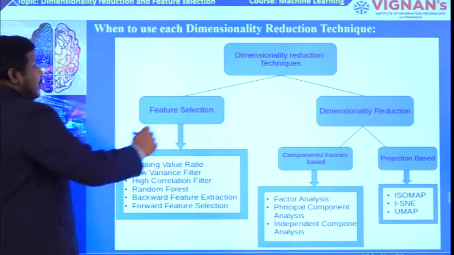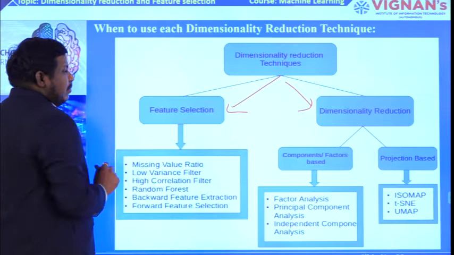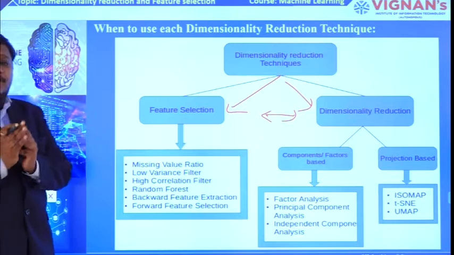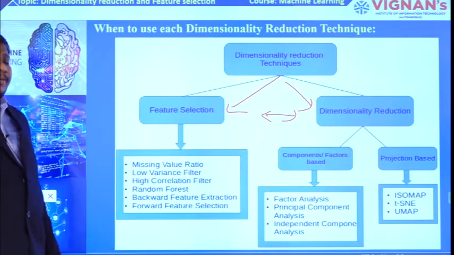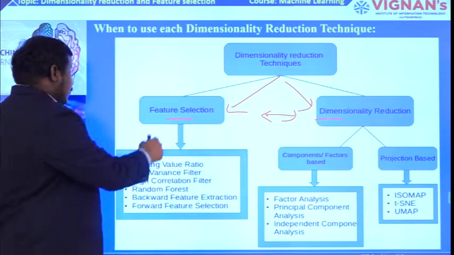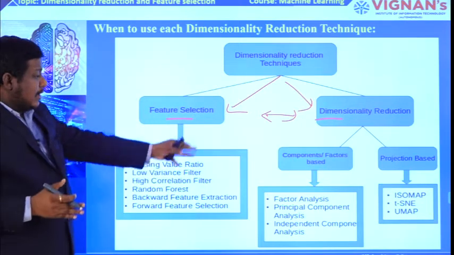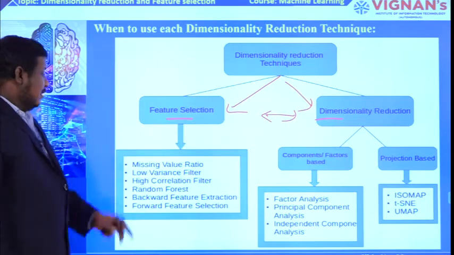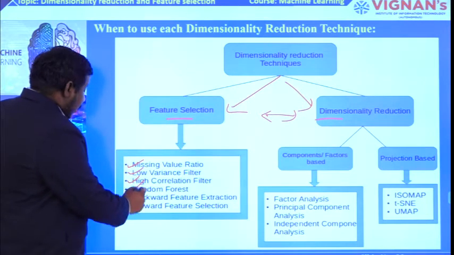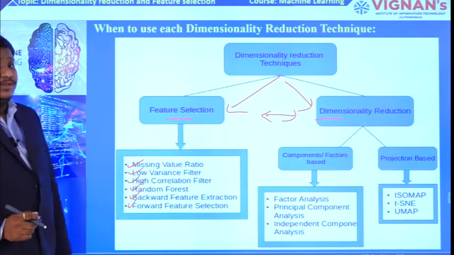See, dimension reduction can mainly be classified into two types: feature selection is one method and dimension reduction is the second. If you take any large data set and want to reduce its dimension, you can implement that in these two ways. Under feature selection, whatever 12 models we have seen till now will be covered, along with some additional models. In feature selection, you have missing value ratio, low variance, high correlation, random forest, backward and forward elimination, and feature extraction models.